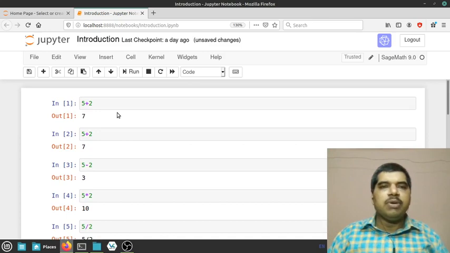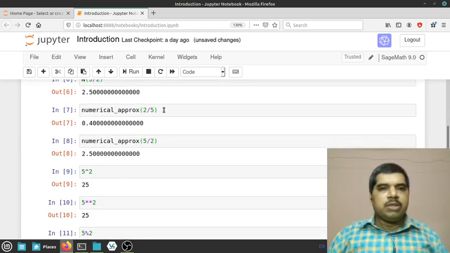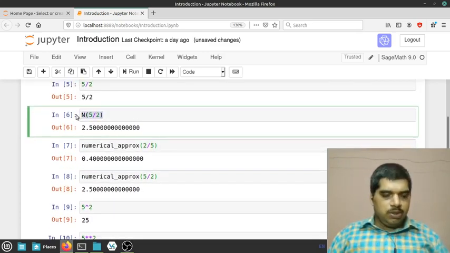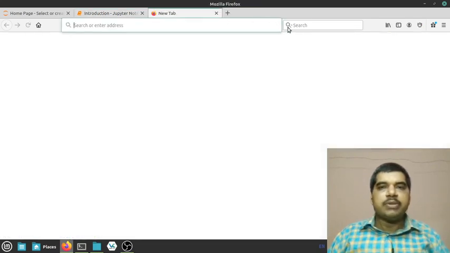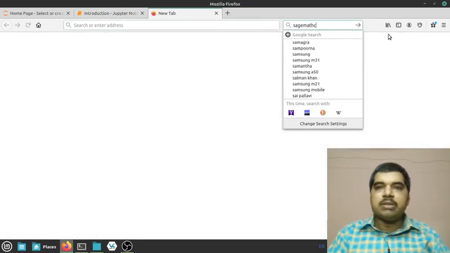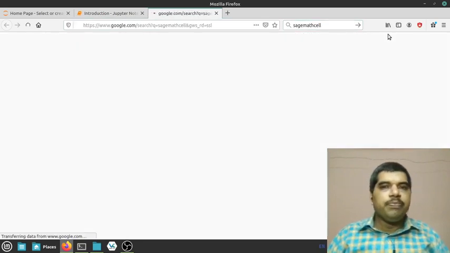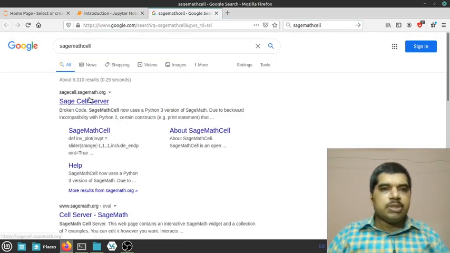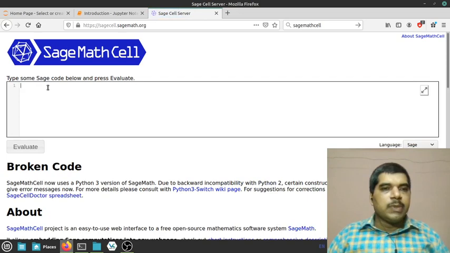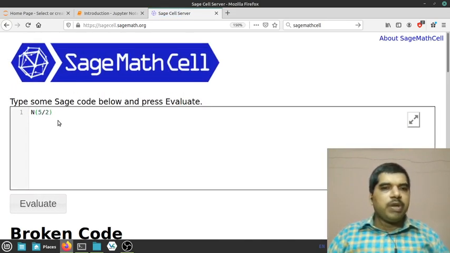if you do not have a locally installed SageMath software. So I am just trying to search for SageMath Cell in Google, and the search results in this link, SageMath Cell, Sage Cell server. I am clicking on that, and the input window comes here. I'm just typing n of, okay, let me increase the font size, n of 5/2, and then I'm clicking on evaluate. Of course, you can press shift enter also. If I click on evaluate,